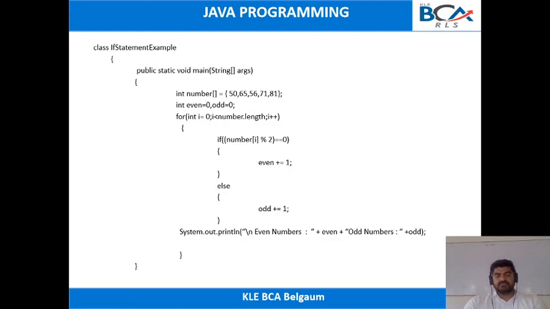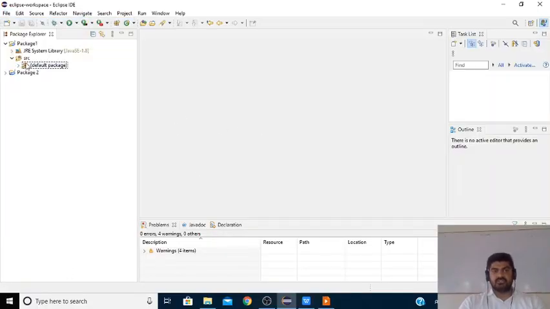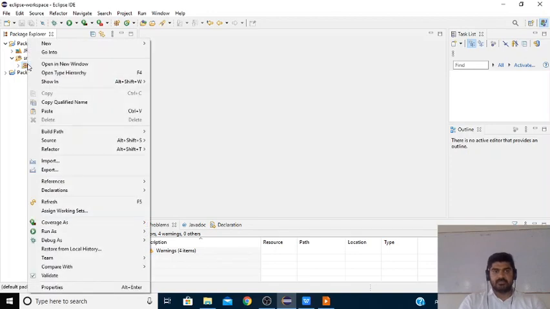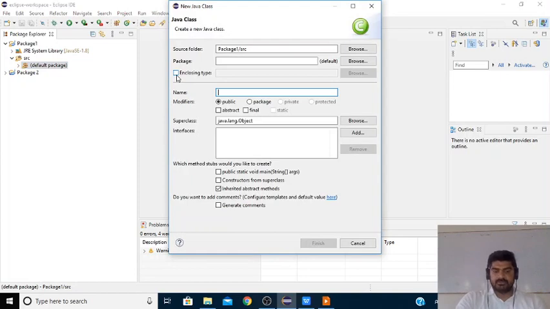Next we will execute the same program using the Eclipse IDE. We will first create a class. I click new class and name it IfElsePRG. Just remove the underscore.